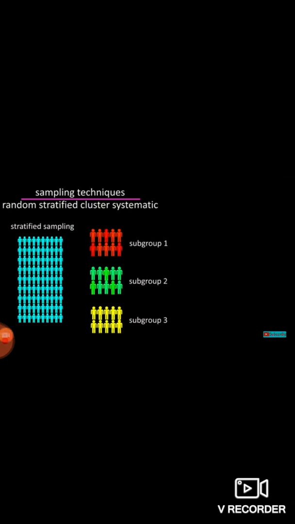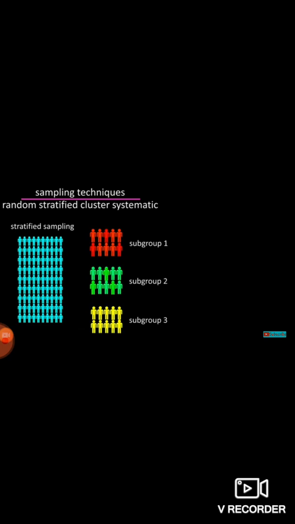Next method is stratified sampling. So what happens under stratified random sampling? We create subgroups.